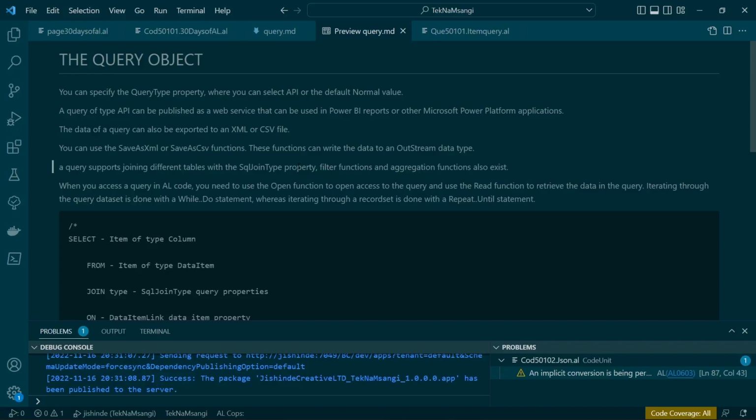So it supports joining different tables using the SqlJoinType property. It also supports filter functions. Aggregate functions also exist, like sum and average. When accessing the query in AL code, you need to use the open function to access the query, and use the read to retrieve the data in a query. Iterating through the query dataset is done using while do, whereas iterating through a record dataset is done using repeat until. So you just open it and then iterate using